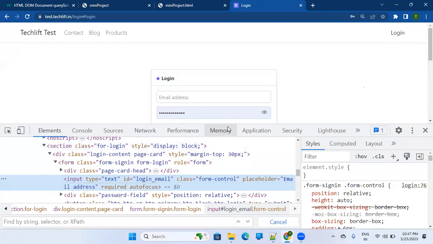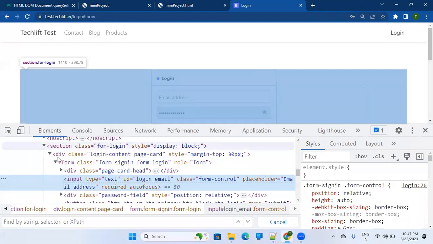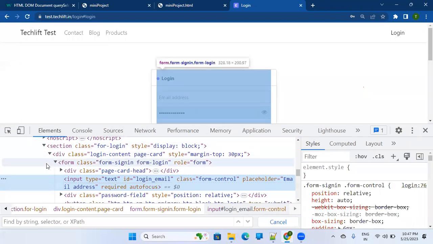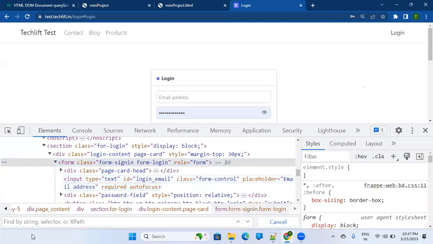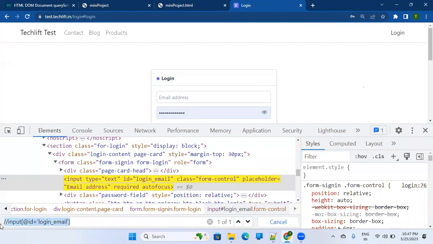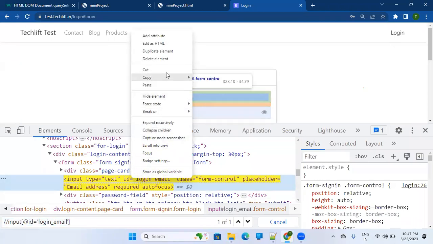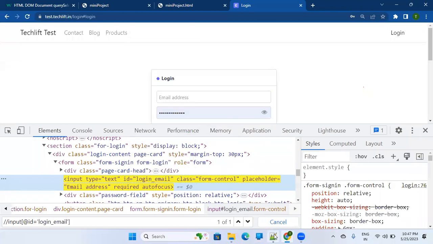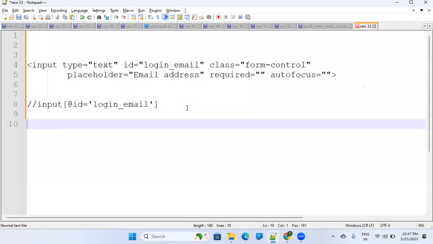If you want to check whether we are right or not, go here in the elements tab, do Control F and put that XPath here. See here, we are able to find it. So this is relative, but then what is absolute? If I right click here and copy, say copy full XPath, and put it here,